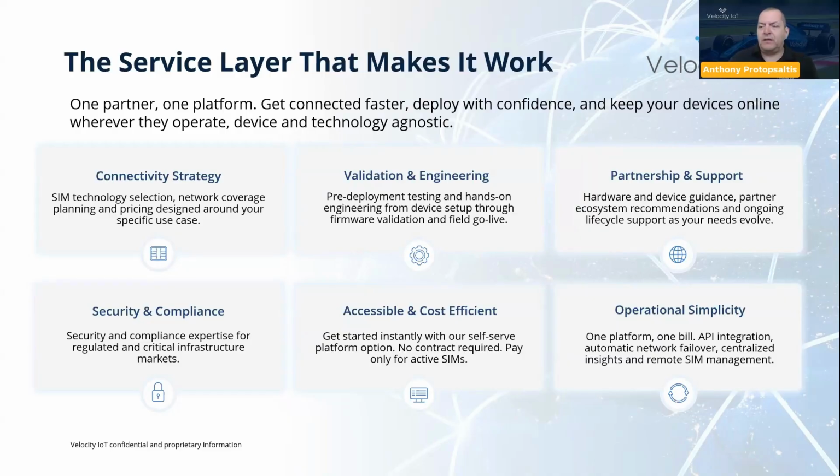The strategy that Velocity uses is basically 90% planning and 10% execution. This helps the partners and developers like FreeWave build a product where they feel confident that when they ship it to their customer, it will work.